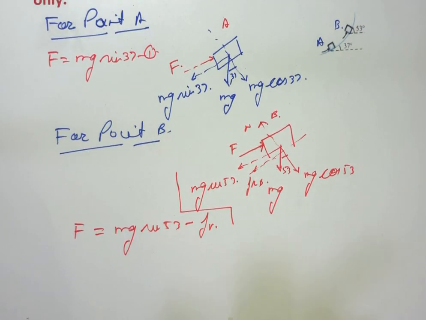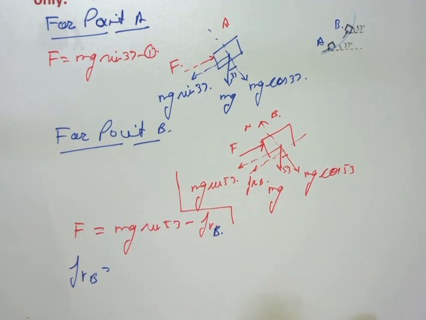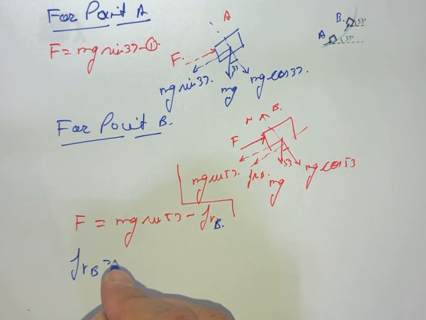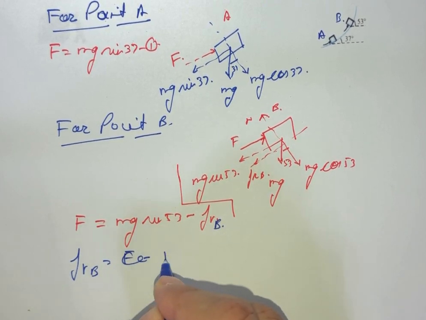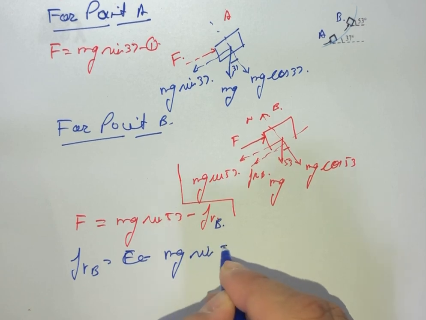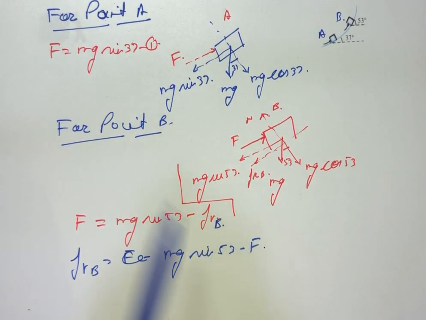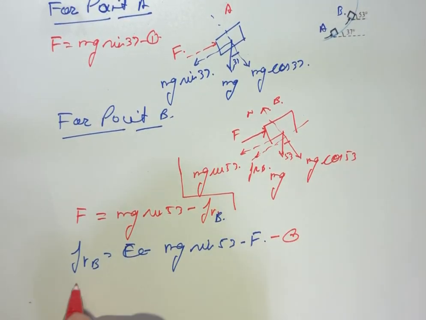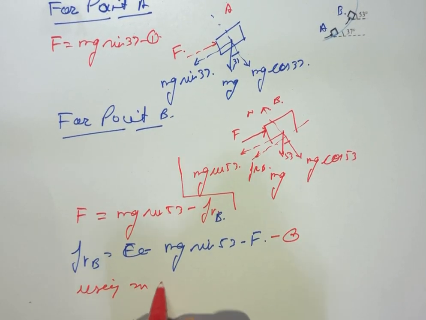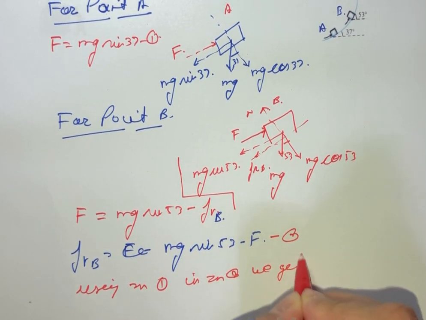From here, FRB will be equal to mg sine 53 minus F, and it is said that the applied force is the same, so we can substitute the value of force from equation 1 in equation 2. So using equation 1 in equation 2, we get,